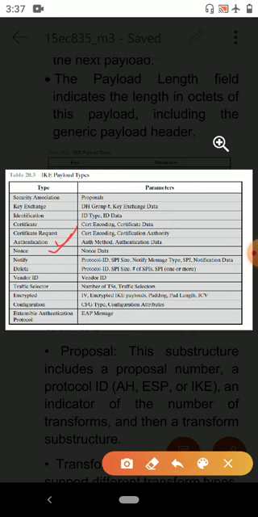This payload contains random data used to guarantee liveness during an exchange and to protect against replay attacks. Next, notify. This payload contains either error or status information associated with this security association or this security association negotiation.